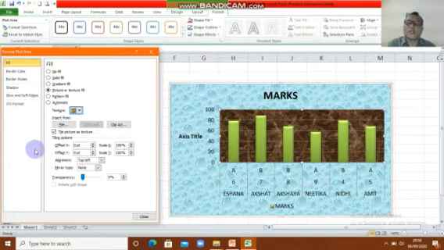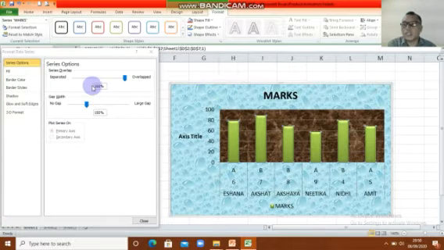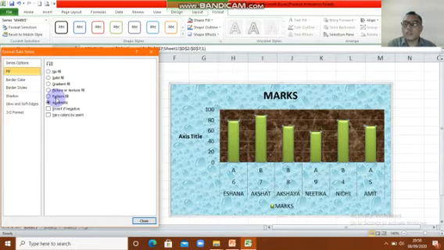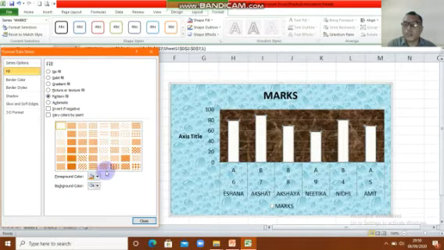Look at that. Change. Maybe you also want to change this color. Just click here. You click fill. Fill means the inside. Okay, what do you want? For example pattern, kid. We try from here. Okay, we try this.